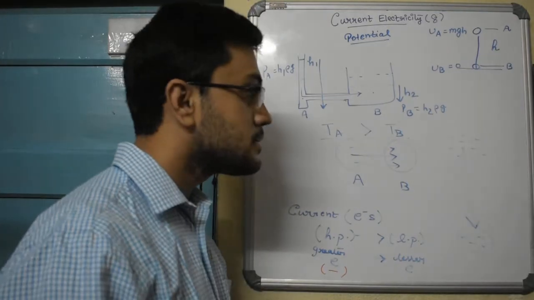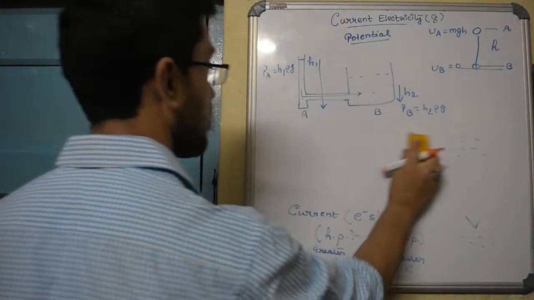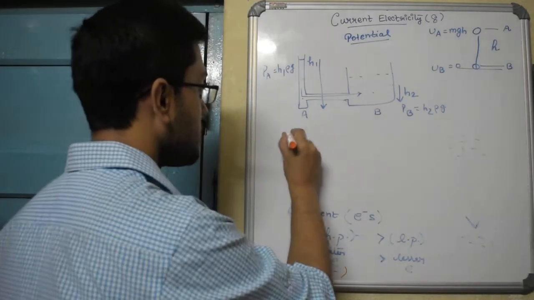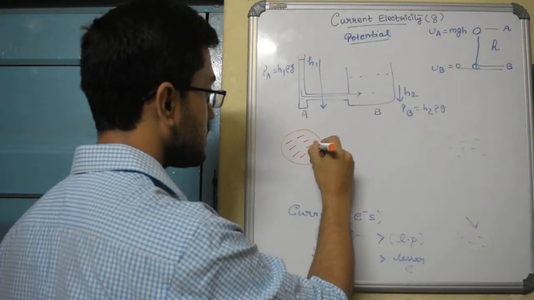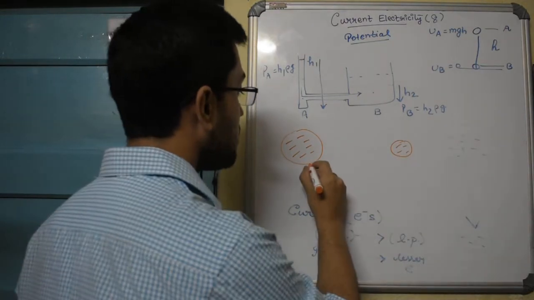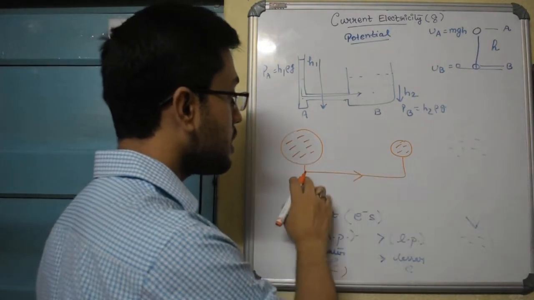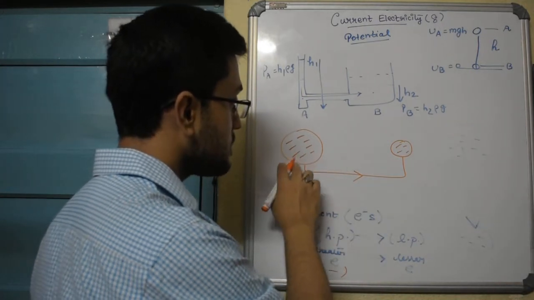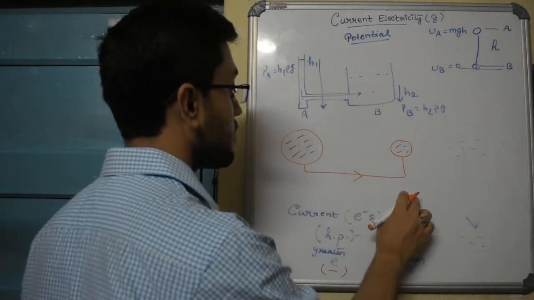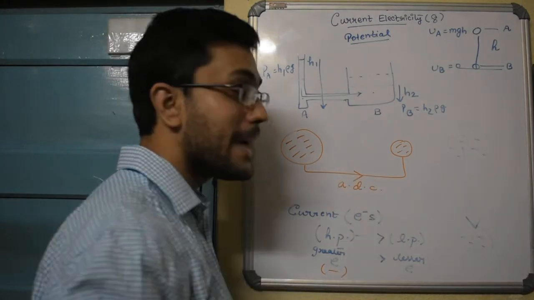So that is why scientists said, well, let us consider it like this. Let there be two directions for the flow of electric current. So if this region has got more electrons, say these are the negative charges, and this region has got lesser electrons, obviously current will flow from this direction to this one, because this has a greater number of electrons. So current will flow until the number of electrons here and here equalize, that is they are in equilibrium. Current will flow for that duration. Let this be called the actual direction of current, ADC, the actual direction of current.